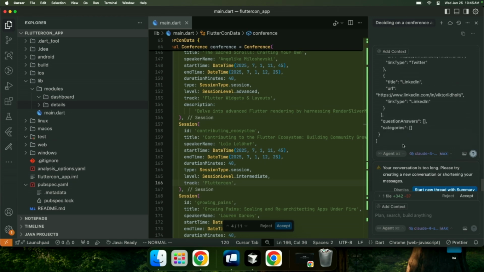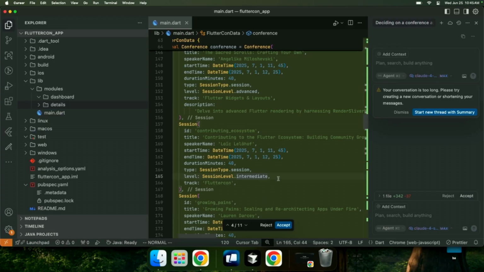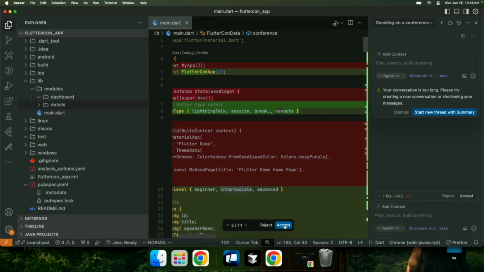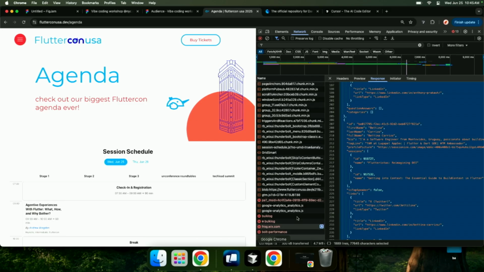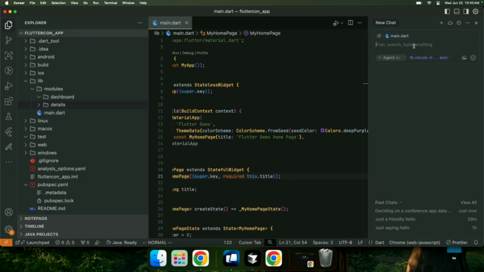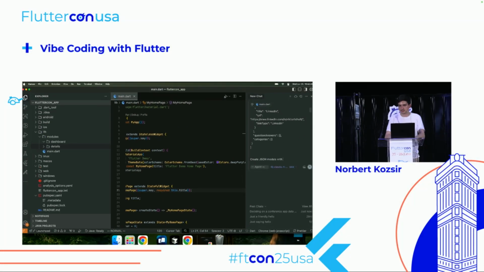Okay, this is too long, so let's not do both at the same time. Let's actually backtrack and just do it the old-fashioned way. We are going to take the speakers, put it in here, create JSON models with this.